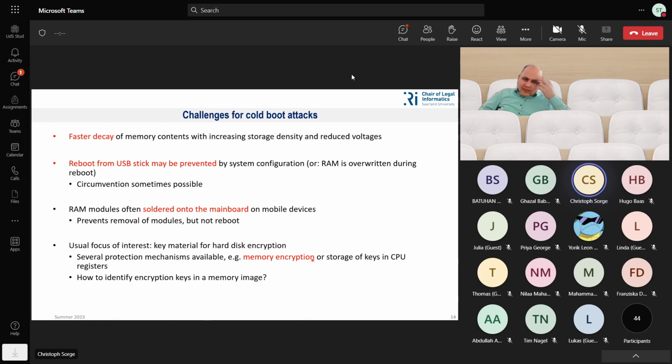Or memory encryption might prevent you from reading the main memory content. And even if you have been able to dump the memory content, identifying encryption keys might also be a challenge. Do you have any questions so far